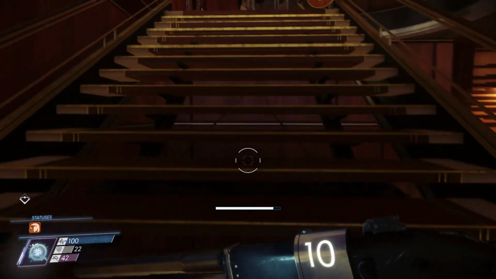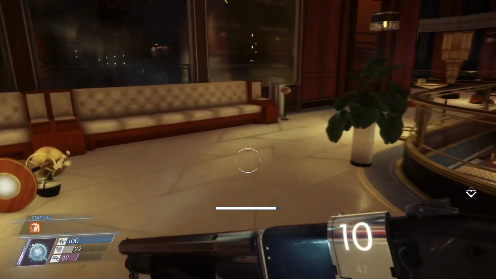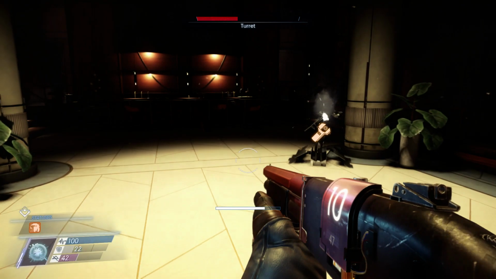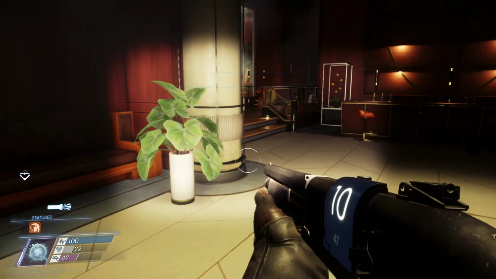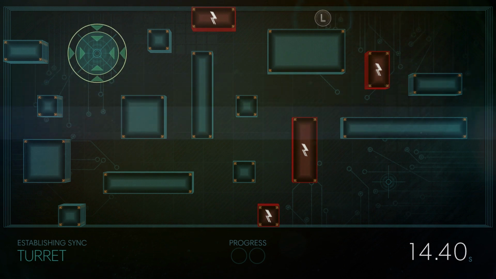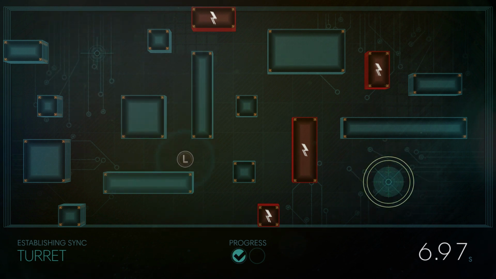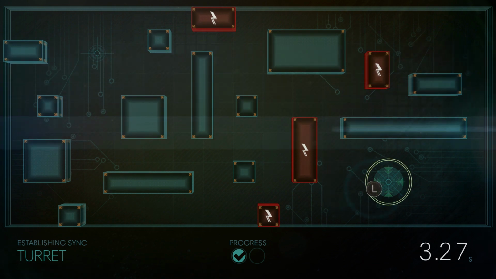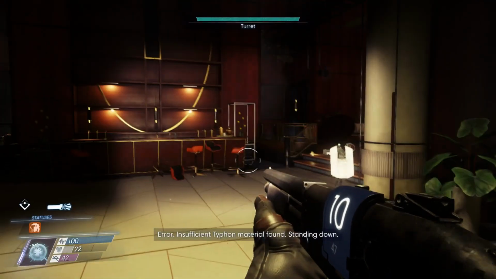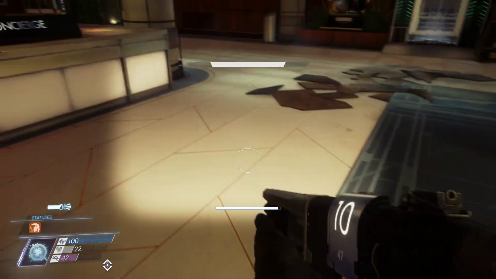So, I am going to head up here. There should be, oh my goodness me. There should be another turret up here that you can hack and repair. So we've hacked it, and we're going to repair it as well. Insufficient Typhon material found. Standing down. There's also, if you need an extra transcribe,